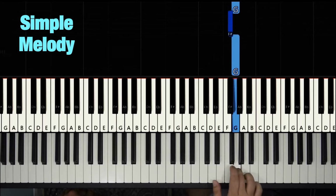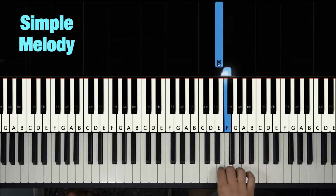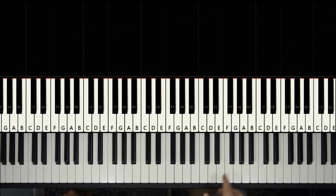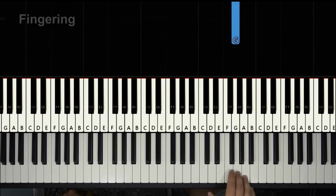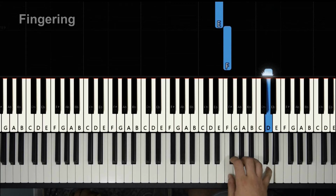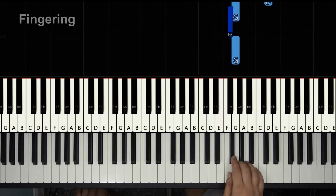Notice that we do the G, we get to D, and then back. You could pick your own fingerings. I'm just putting what I use, what I find to be the most comfortable for me. 3, 2, and then 1, 2 here. Okay, now because